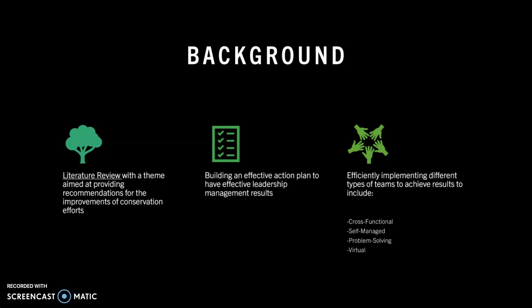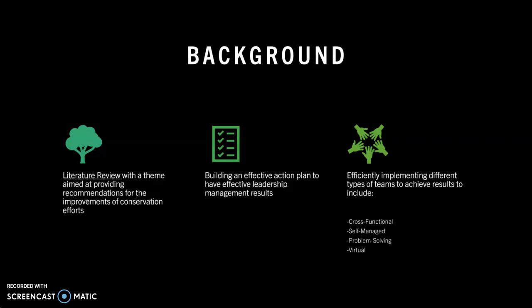For the background here, for this project, the literature review that I conducted aimed at providing recommendations for the improvements of conservation efforts. Most of the information that I consulted was in regards to those areas. A lot of the times in research like this, teams and similar organizations are not able to collaborate for various reasons until the final stages of the planning for the project and implementation.